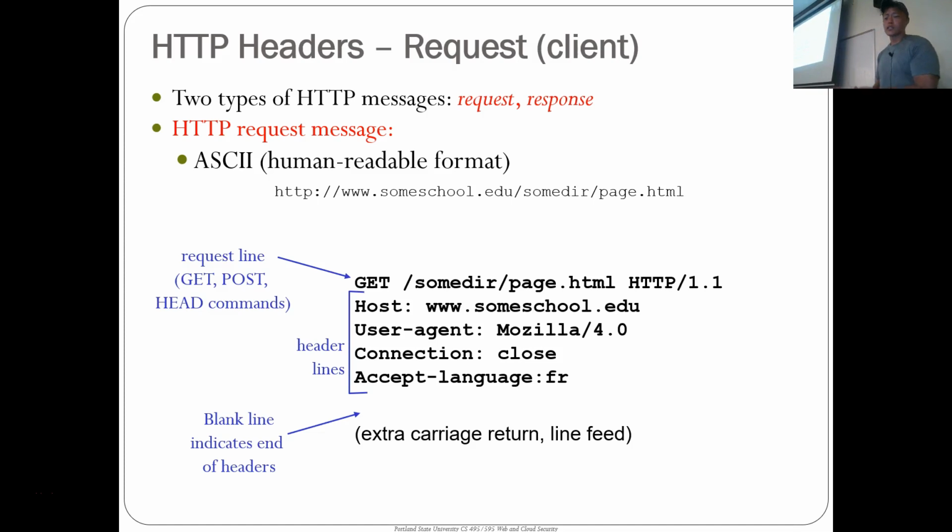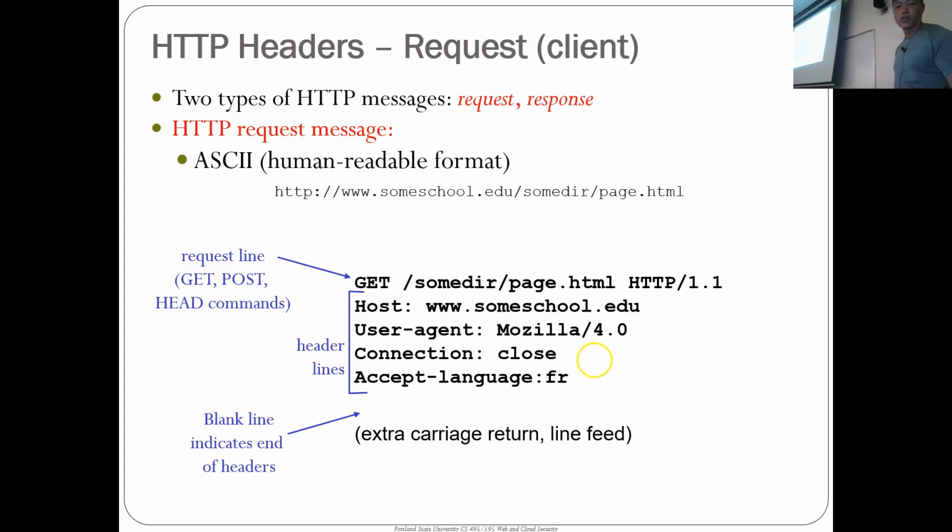Okay, two kinds of messages in HTTP. There are the request messages that the client sends to the server, and then the response messages that the server sends back to the client. So in this case, if I go to this URL, someschool.edu, some.dir, and page.html, what happens is that the client makes a request to the IP address of www.someschool.edu, connects up to that port 80 on that address, and then the first thing that it sends the server